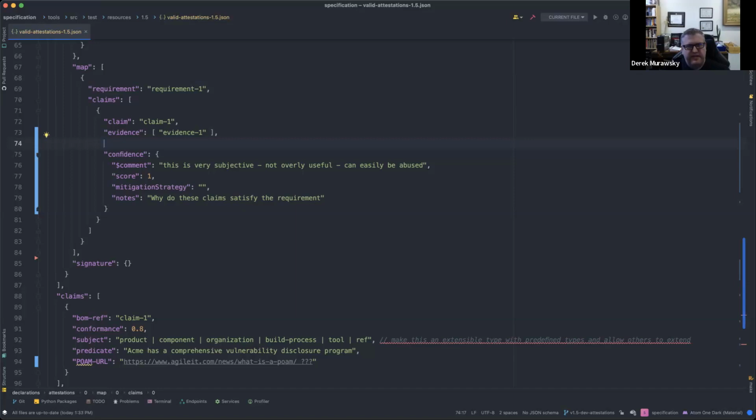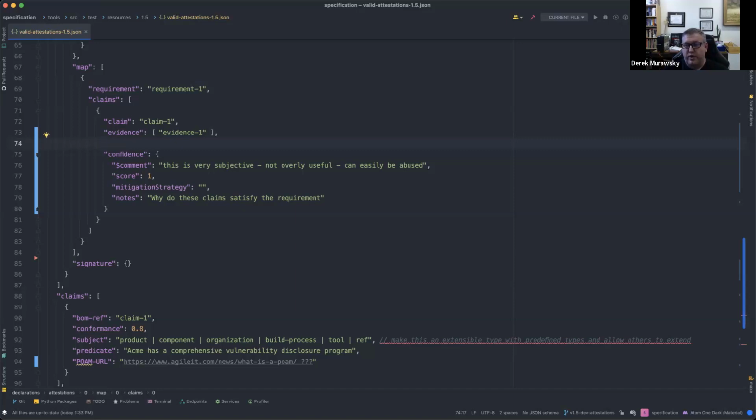Yeah, but if we're trying to make the standard map accurately to the way that it's actually written in the standard, then the standards are very generically worded, and you will have a requirement that has multiple pieces to it, right? For example, I'm going through a CASA assessment right now, Cloud Application Security Assessment, and they have a requirement for WAF, like you have to have rate limiting on all your API endpoints. So I would need in this pattern to supply multiple claims stating that I have that WAF rate limiting functionality in place in front of all of my endpoints.